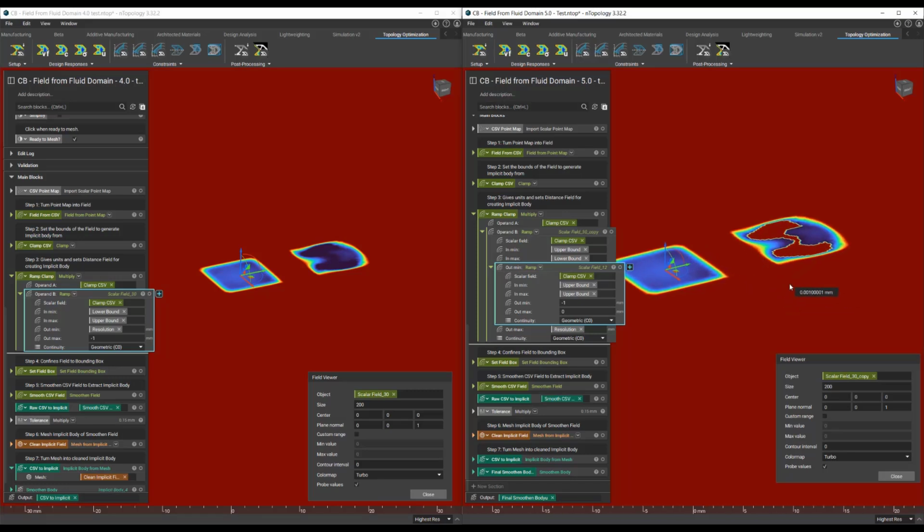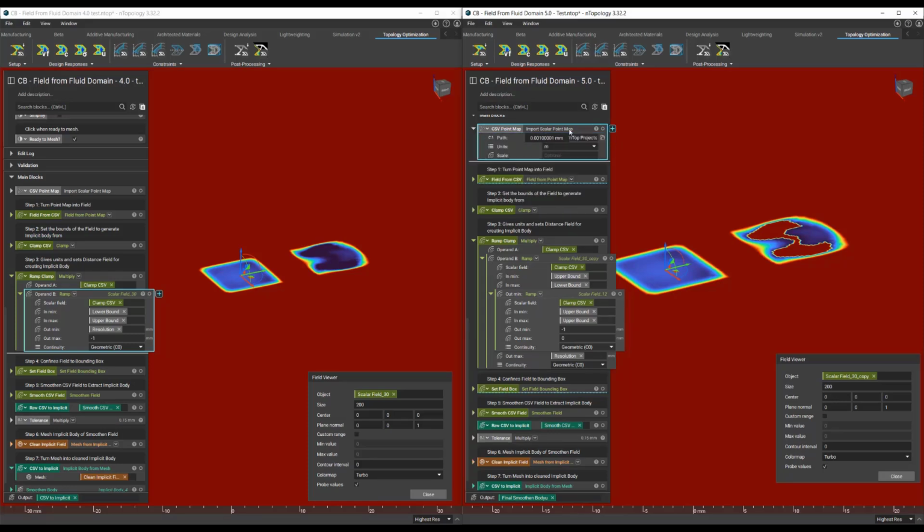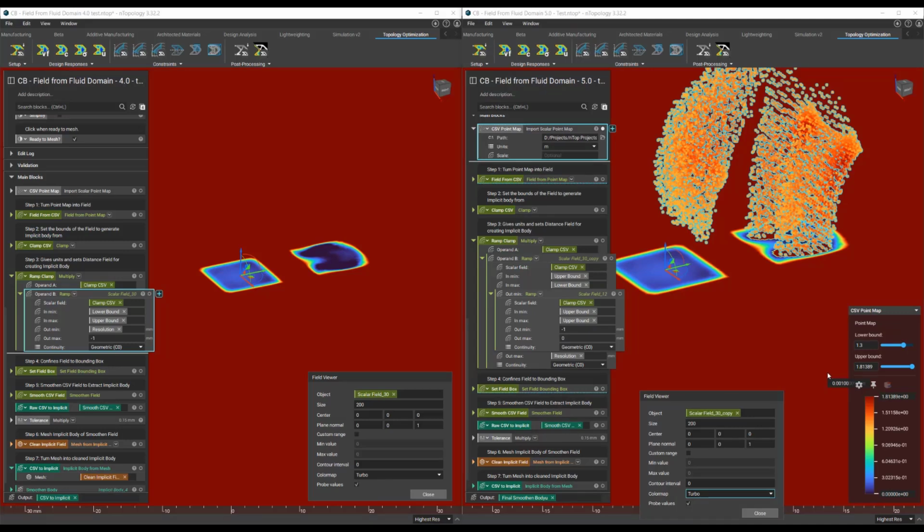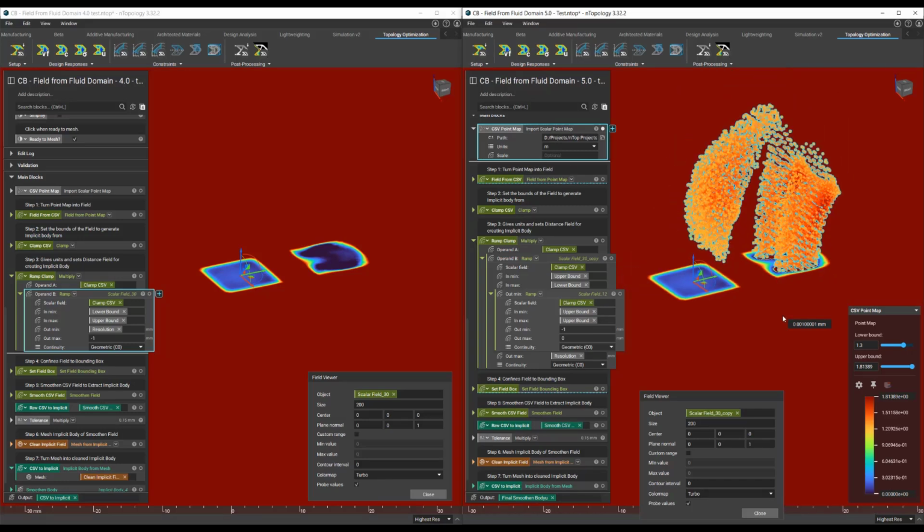So we have positive values out here. This is going to be empty space. We're transitioning to a negative signed distance field, which will be our implicit, and back to 0 in this case, where we're going to have geometry ultimately removed from that implicit. And we can turn on this point map, and I should already have it preset to the lower bound, in this case being 1.3. So 1.3 and above, everything is going to be removed from the implicit body that gets generated. And we can see how